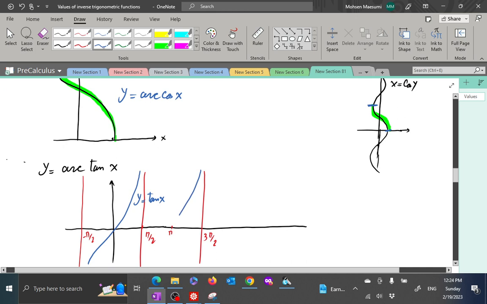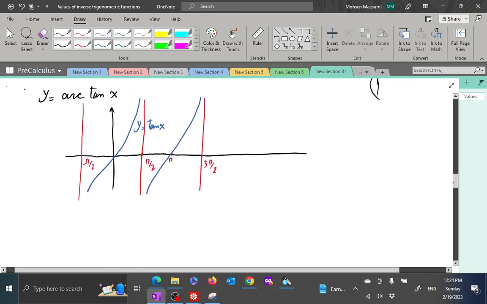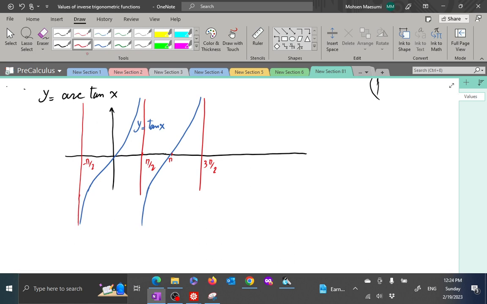Tangent of x looks like this. Go further down. These things approach their asymptotes. Okay, how about the horizontal line test? Well, this one fails the horizontal line test too. Again, all trig functions are periodic, so all of them are going to fail the horizontal line test. So what? Well, we don't want duplication, and to get rid of that, we have to get rid of this